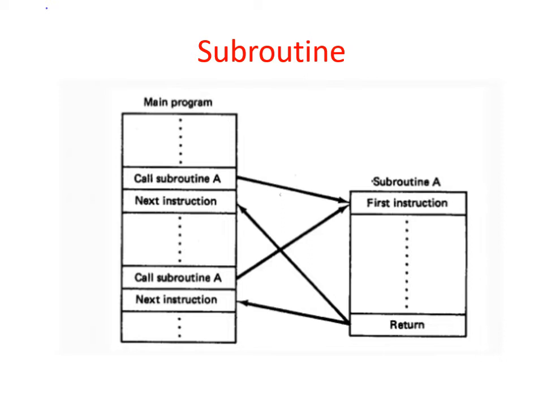Similarly, after some time, if subroutine A is in demand again, we can invoke it again. The control will go to the same memory where subroutine A is stored, and similarly it follows the control flow till it reaches the return statement and control comes back to the next instruction.